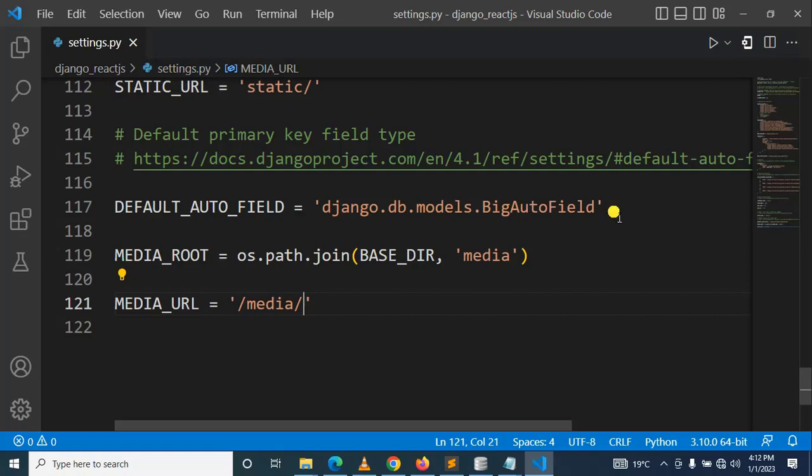That's perfect. So before we proceed, we need to start this Django